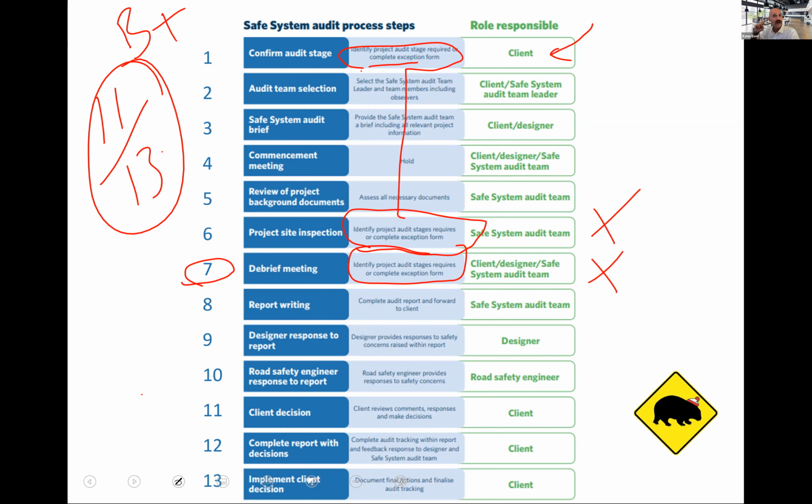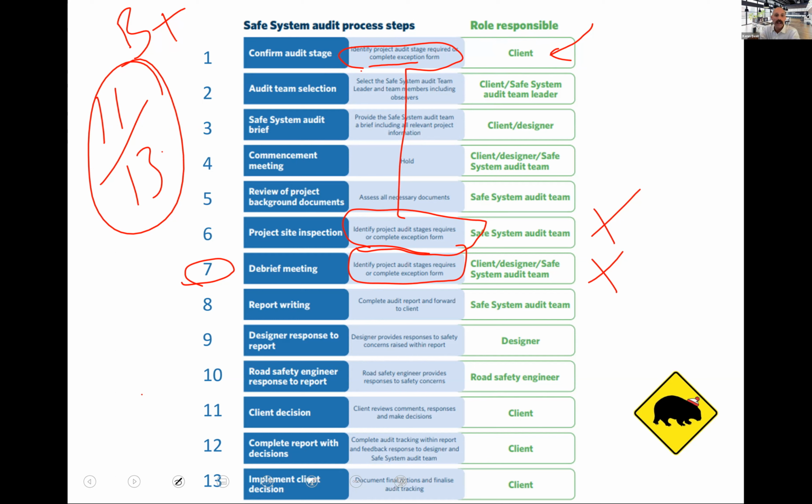So common practice would be that the client, the end asset manager, dictates when audits need to happen for a developer. You need to do it at this stage, and this stage. But they would potentially delegate the selection of the team, the brief and the commencement meeting, and they may be involved in the commencement meeting,